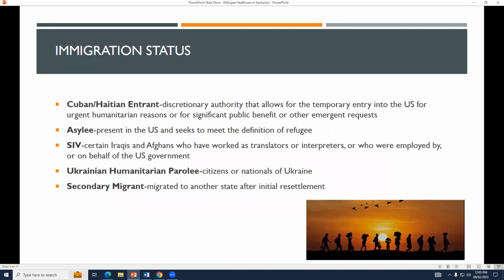Now I'm going to go over some more terms that we use in refugee resettlement, and all of these immigration statuses that I've listed here, they are eligible for refugee services and benefits here in the U.S. We call them ORR eligible. Office of Refugee Resettlement is a department within the Health and Human Services that